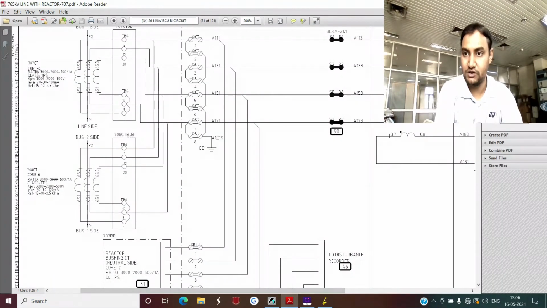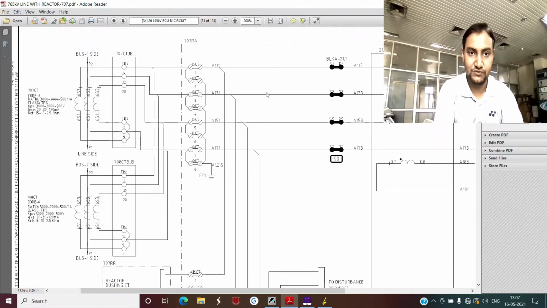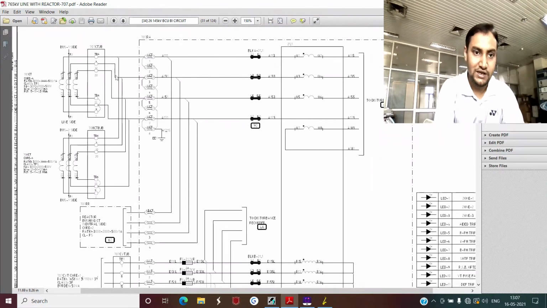We will see why it is configured here as not connected. This is the scheme drawing of this particular case. In this drawing, whatever is inside this dotted rectangle designates your protection panels. Outside this rectangle designates your switchyard. Now in your switchyard, there will be two CTs, one of the main bay and another of the tie bay. The main CT and tie CT R phase will be in parallel, main CT and tie CT Y phase, main CT and tie CT B phase. This parallel wire will be connected to the terminals of the numerical protective relay. So this is R phase, Y phase, B phase.